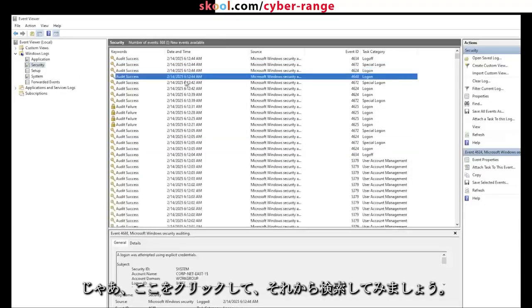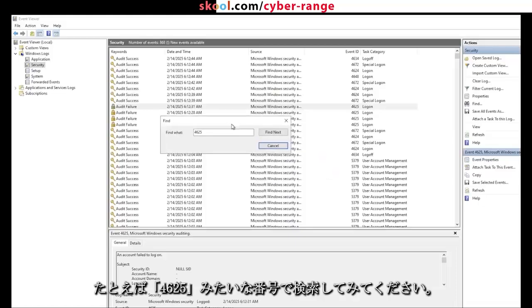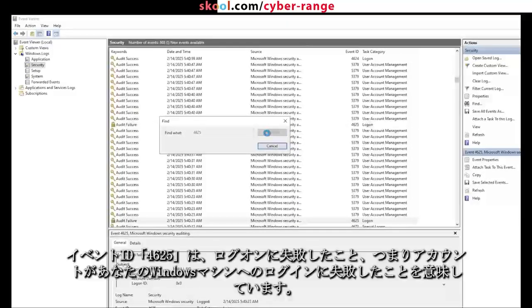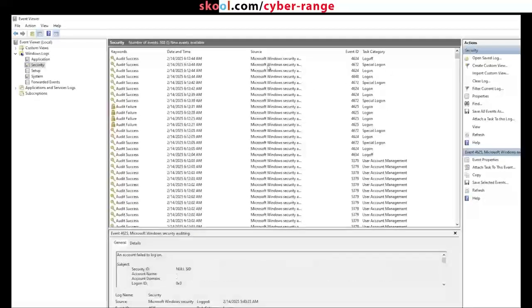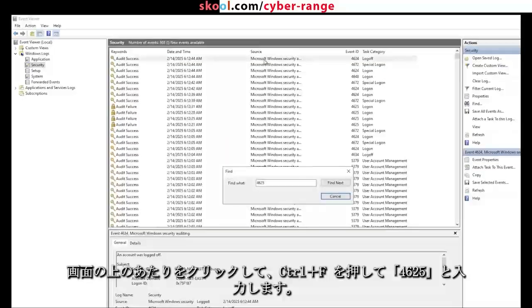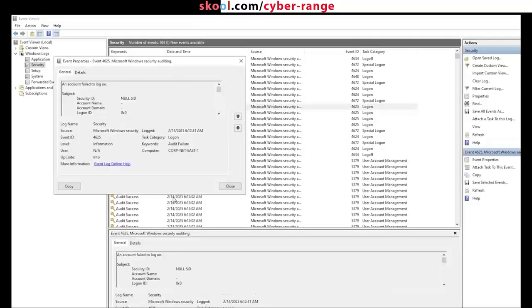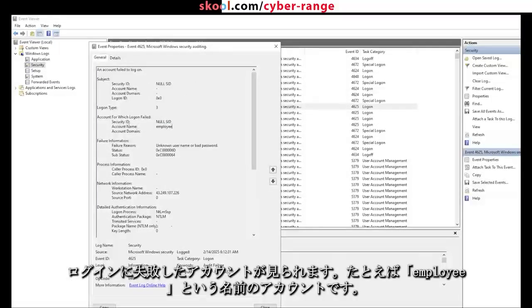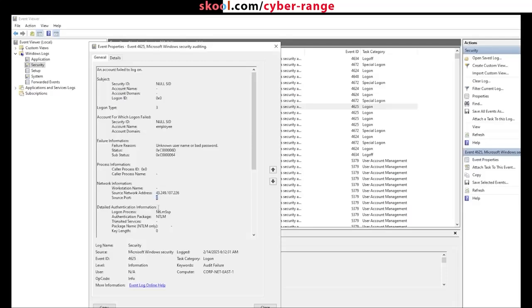So if we click in here and then search for 4625, for example, this will find all of the events that have event ID 4625. And event ID 4625 means a failure to log on, or an account failed to log on to your Windows machine. So for example, let me go back to the top with this. I'll just click somewhere at the top and then Control F, and then 4625, and I'll just find the first one. So it found this here. So if I double click this and expand this, you can kind of see what happened. You can see account for which failed to log in, account name employee, and it shows this is my IP address at the hotel I'm at right now in Thailand,